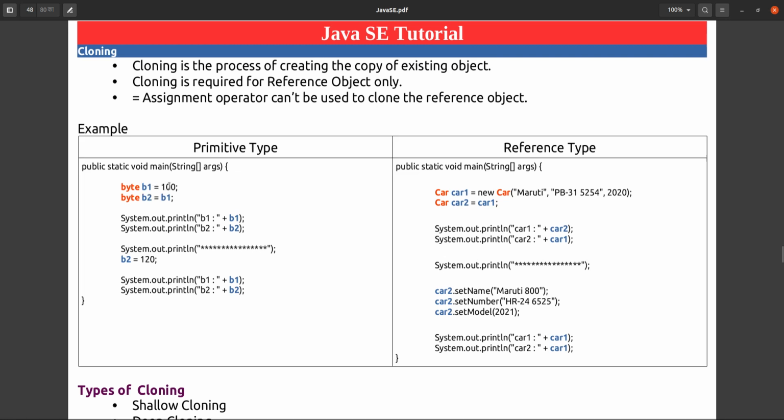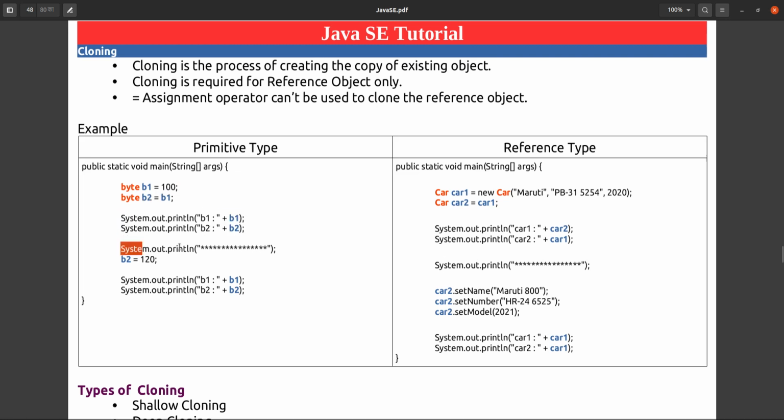To b1 I am assigning the value 100, and to b2 I am assigning b1, and if I print here then I will get 100 because b1 and b2 are holding the same value, that is 100.